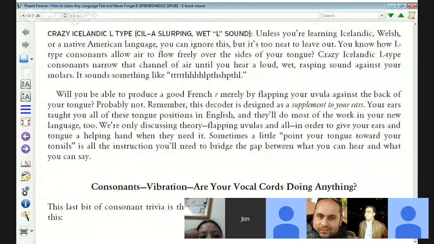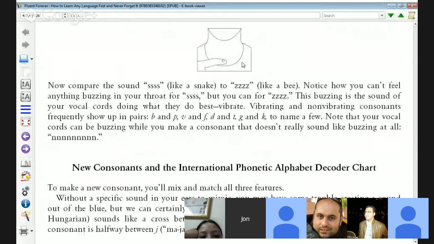Can you see that little chart, the little picture at the top of the page? Can you see where he's putting his index finger in that picture? Zip. Zip. Zip. Exactly. Voice. So if you're not sure, you put your finger right above your sternum at the base of your throat, and you can feel that your throat is moving. So everyone should just do that right now. Put your index finger in that half circle where your sternum is,